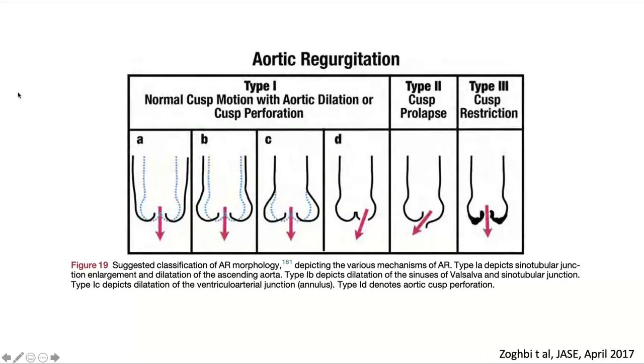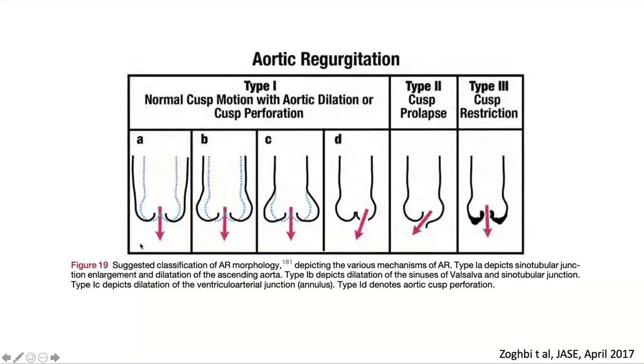And then also trying to understand the mechanism of your aortic insufficiency is also very important. This takes from the Carpentier classification of aortic regurgitation, but essentially in your type 1, looking at type 1A, essentially defined as the loss or the dilation at the sinotubular junction. B is both the sinotubular junction as well as the sinus of Valsalva. And then C being that you have dilation of all three, the sinotubular junction, sinus of Valsalva, as well as